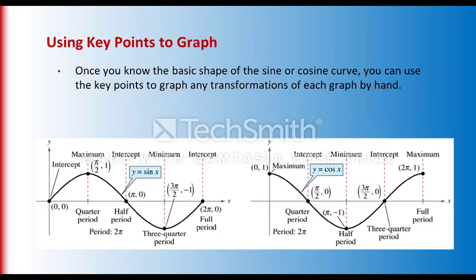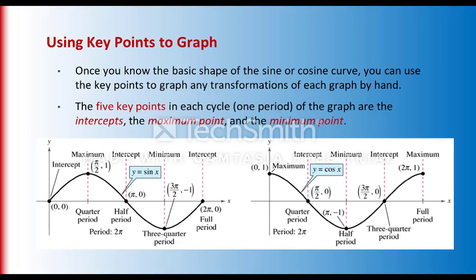Once we know the general shape of the sine and cosine curve, we'll take the key points, there's 5 of them, to graph using our transformations. These are going to be your relative max, your relative min, and also your x and y intercepts. Using these 5 points, we can transform any graph for the sine and cosine curve using our transformations we learned